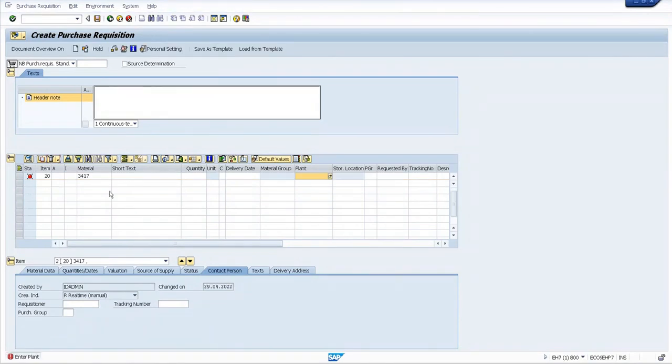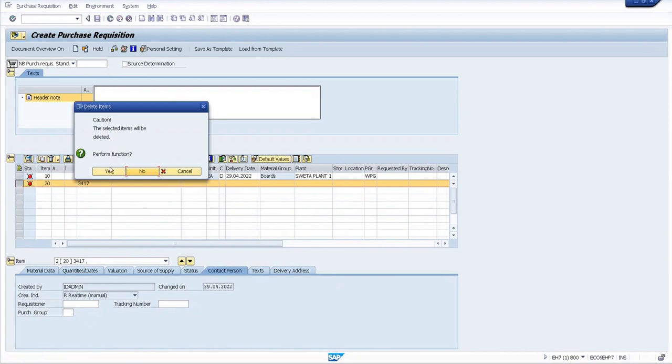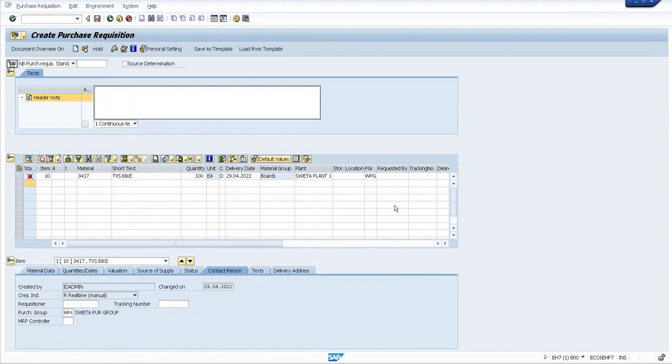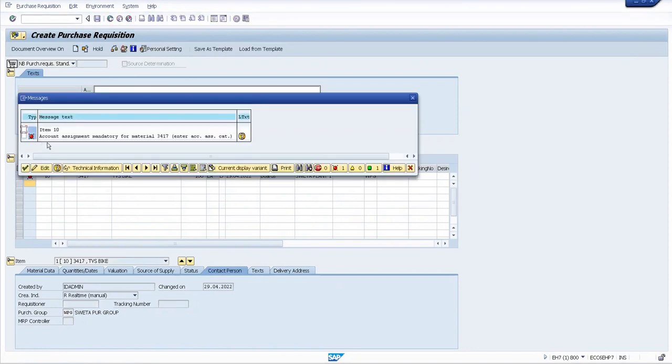Okay. So now I will delete the second line and press enter now. Now what happened? One error will come. This is the check option, this is a check button. So when I check, this error came the first time: account assignment mandatory for the material